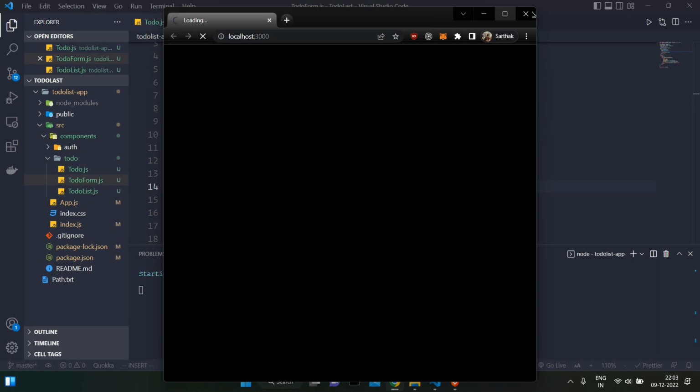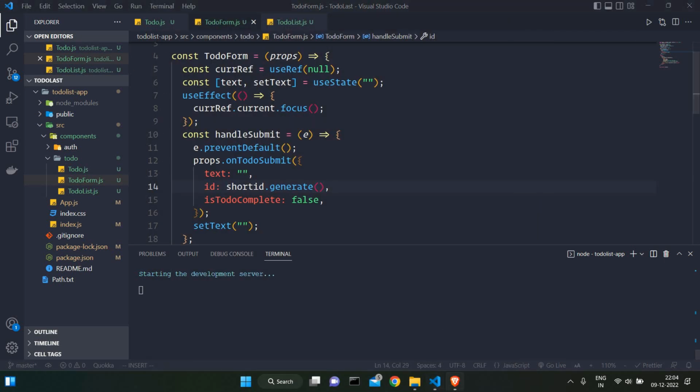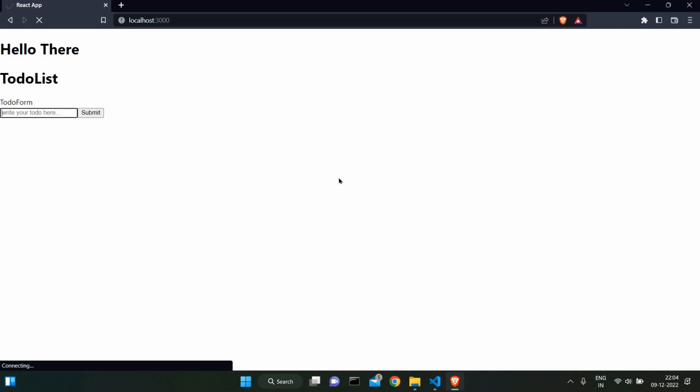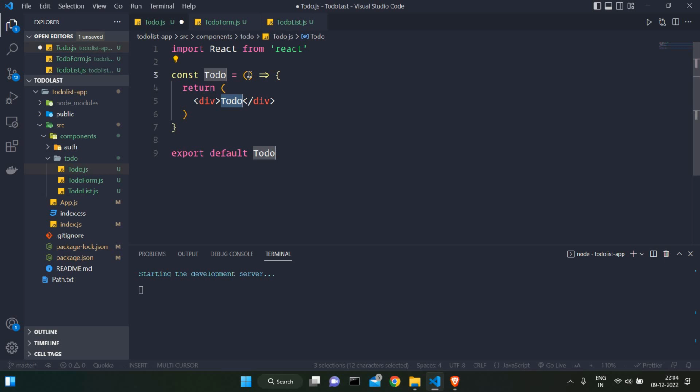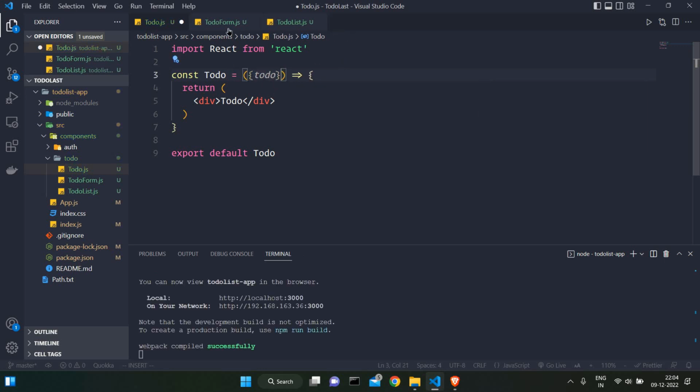Okay, so let's check it here. And for now we will proceed to make our to do component. Okay, so again this to do is gonna take some properties, so we will just pass them as props. So we are gonna pass to do which we are getting from to do list. Okay, and we are gonna display that to do here. So let's make one div. Okay,